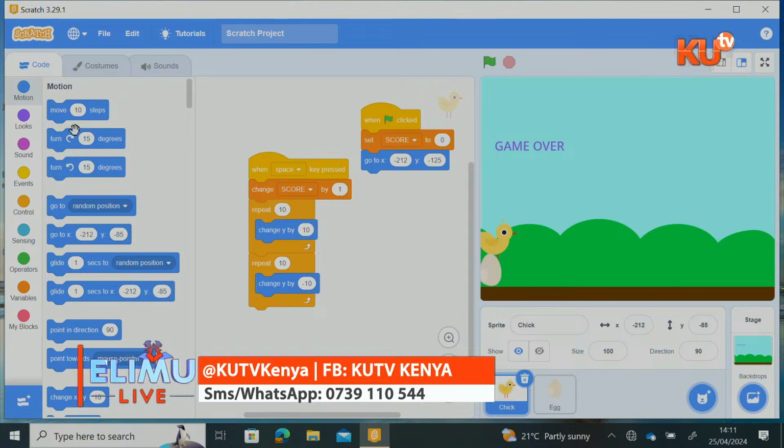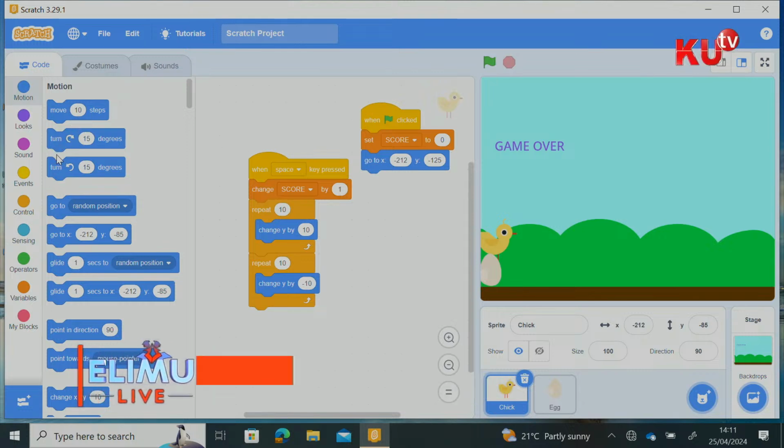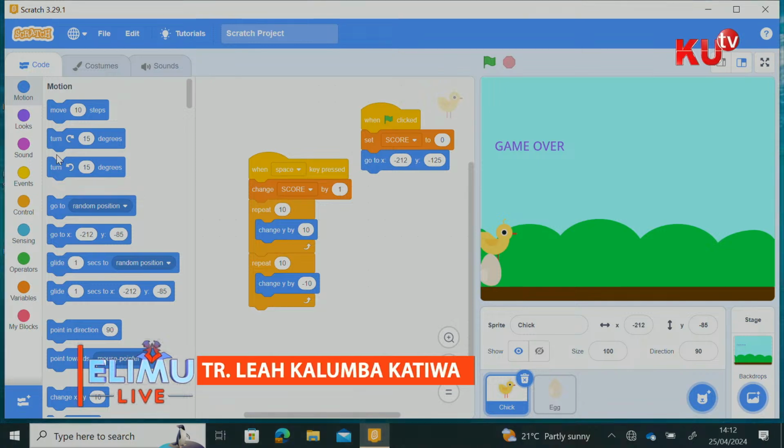Okay, so the first thing, on your left we have the blocks. At the center we have our coding palette. On the right we have where the game will be displayed. So the first thing to do is to